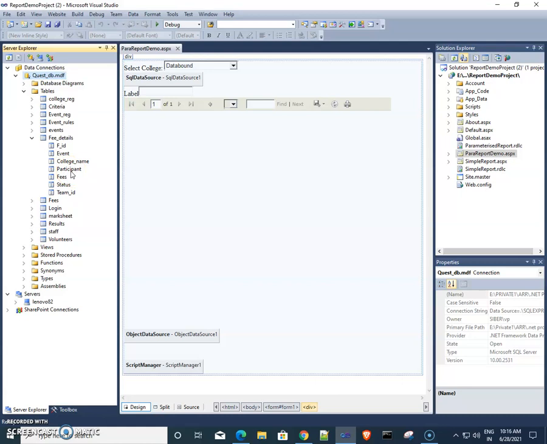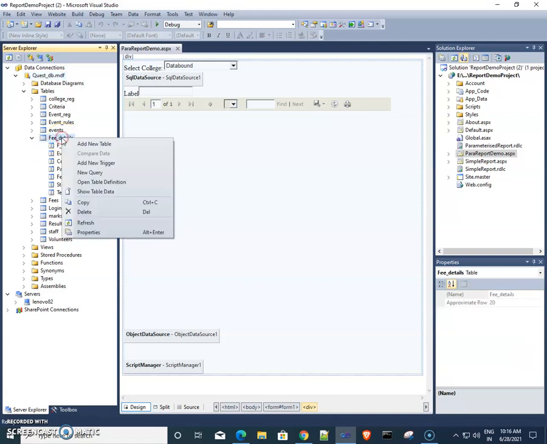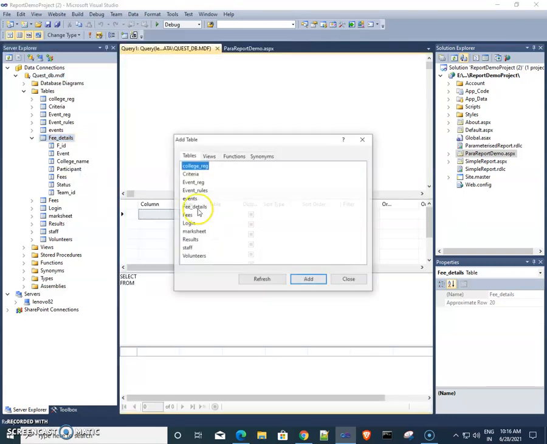Means which event is my famous event, or which event I need to close, or I need to change something in that particular event, so my participants will be increased in future. So in that way that report will be useful. So we create that report, and here we first display the query. Here I'm creating one new query.